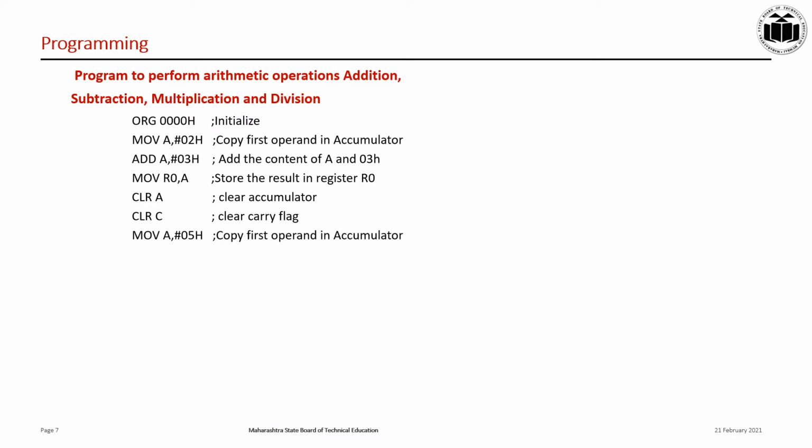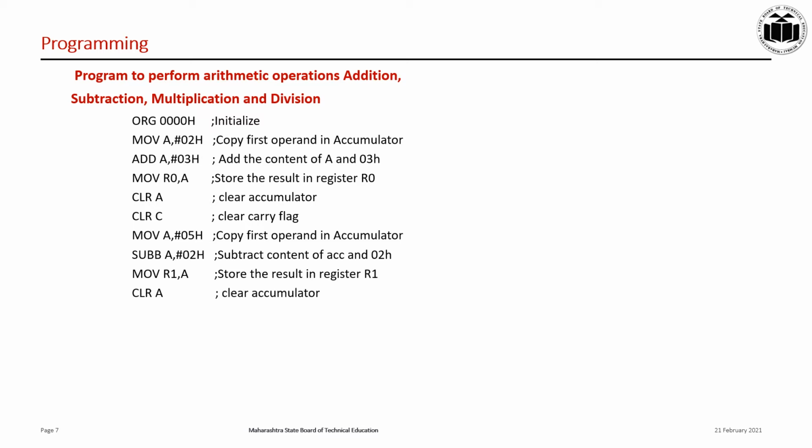For subtraction, store value 05H in accumulator. Subtract value 02H from the content of accumulator by using instruction SUBB A, #02H. After subtraction, store the result in register R1 by using instruction MOV R1, A. After subtraction, clear accumulator. For multiplication, store first operand, that is 03H in accumulator by using instruction MOV A, #03H